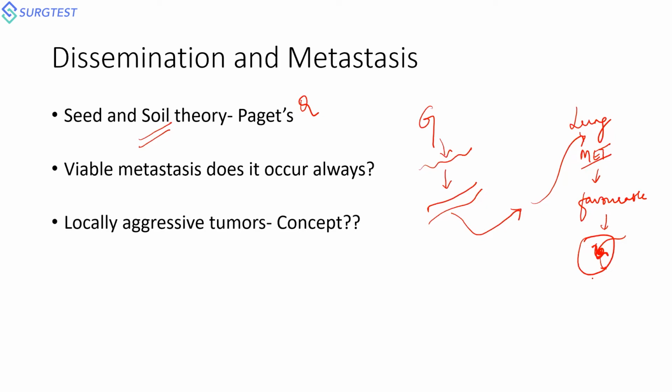studies. Now, what happens for a locally aggressive tumor? This is called your invasion. Your basal cell carcinoma, your giant cell tumor of your bones, all these are based on the concept of invasion, where again, three important things that I've already told you. One, the first thing would be increasing your interstitial pressure. Number two, there will be proteolytic enzymes, the collagenases, which will be secreted, which will destroy your local environment or the extracellular matrix, and that will enable them to go into adjacent structures,